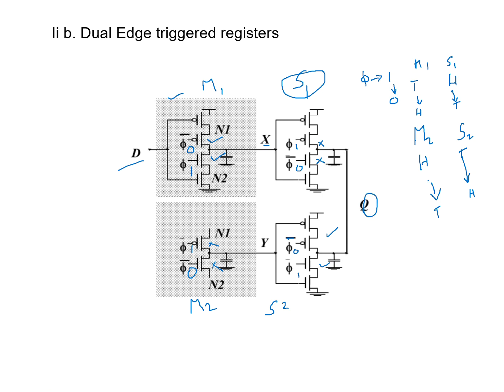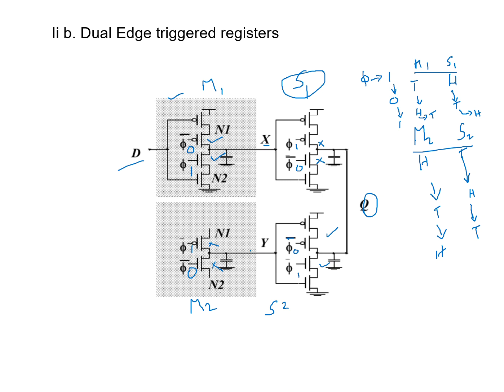Okay, from master 1. During the next sampling, for 0 to 1, my master 1 is in transparent, and slave 1 is in hold state. Then my master 2 is in hold state and slave 2 is in transparent. See how it is working for master 1 and master 2. For the first clock cycle you are getting your master 1 output, and for subsequent on and off of your clock you are getting your outputs continuously from this master 1 and master 2.